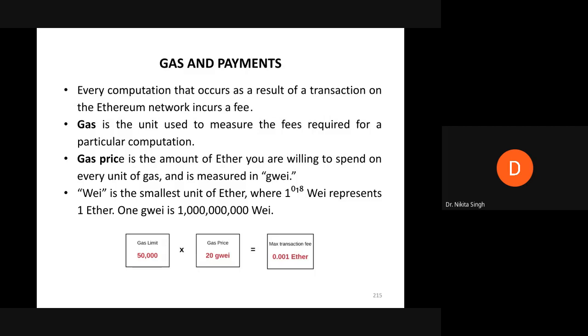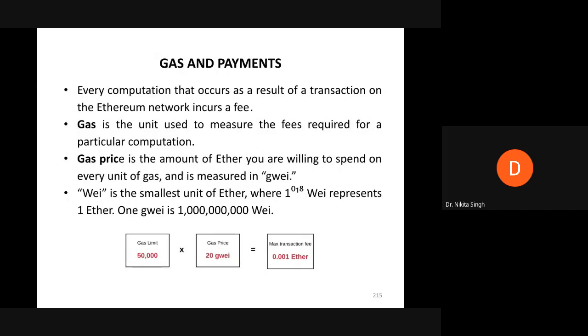What happens exactly on Ethereum is that if you want to get your transaction executed, there is a transaction fee. If you want to execute a smart contract, we know that smart contracts don't execute on their own. They are executed in response to some transaction. So even to send money or to initiate a smart contract, you have to execute transactions. And every transaction on Ethereum has a transaction fee. The transaction fee is calculated in gas and is paid in ether.